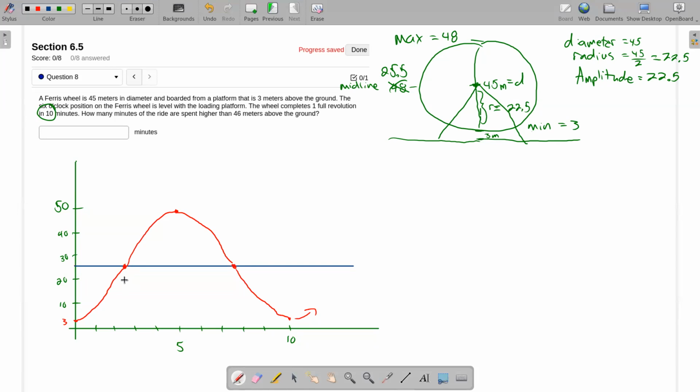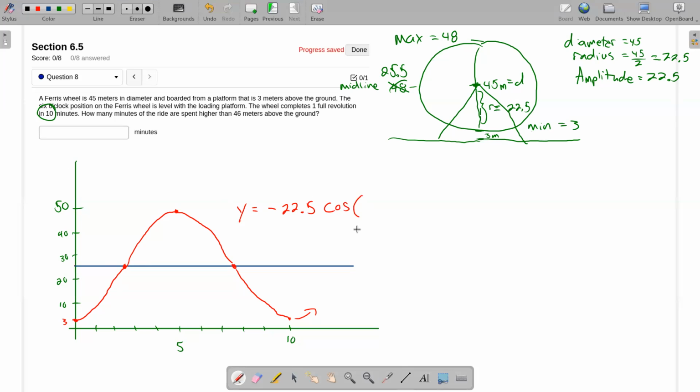So if we were to use a sine function for this, and we could use a cosine, cosine has a max at the y-axis. Here I have a min at the y-axis, so I could just flip vertically the cosine. Yeah, that would work. So a couple options here. Let's suppose I go with cosine. I wouldn't have a horizontal shift. I would just flip it vertically to get, instead of starting at the max, to start at the min. So I think I could graph this red wave by doing y equals negative, amplitude is 22.5,